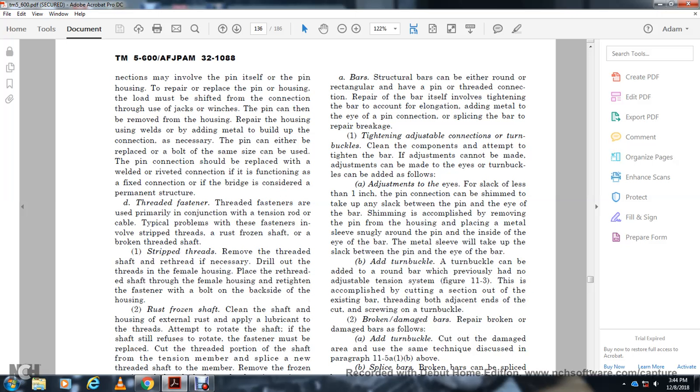with the repair brake, tightening an adjustable turnbuckle with the cleaning of the component. Attempt to tighten the bar. If the adjustment cannot be made, the adjustment can be made with the eyes, and the turnbuckle can be added as follows. The adjustment with the eyes. A pin connection of less than 1 inch can be trimmed to take out the slack between the pin and